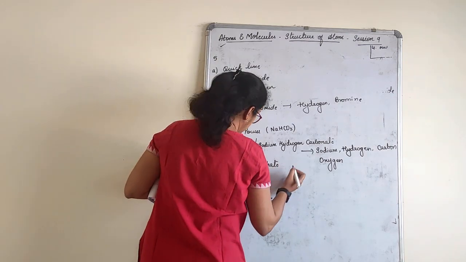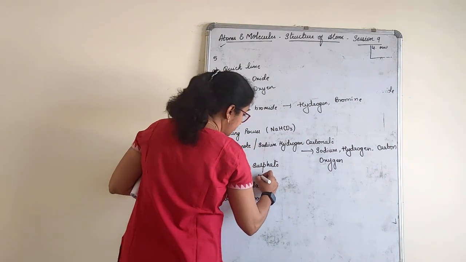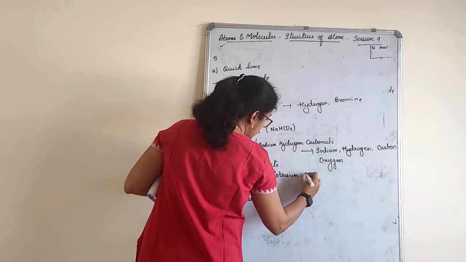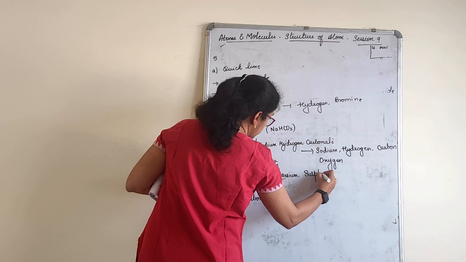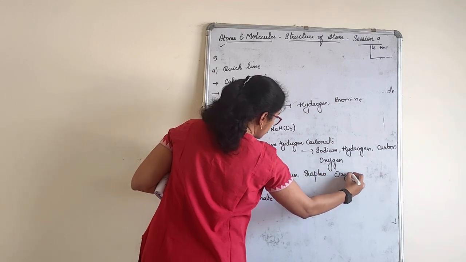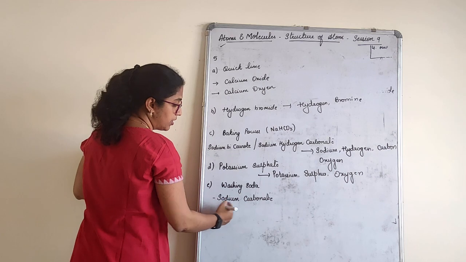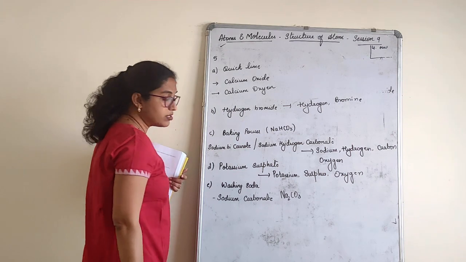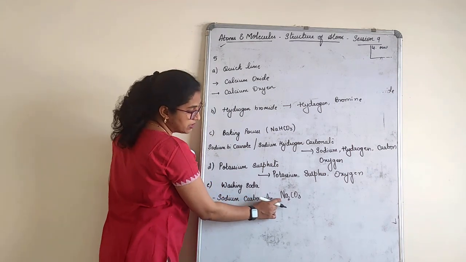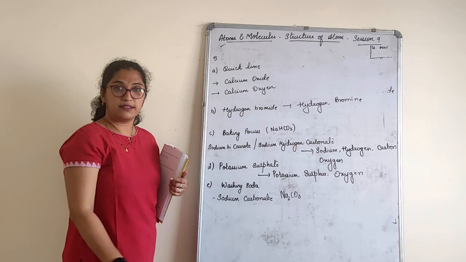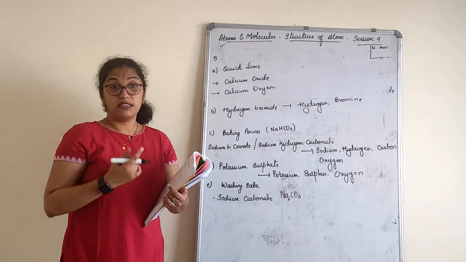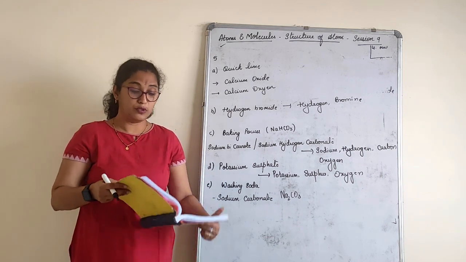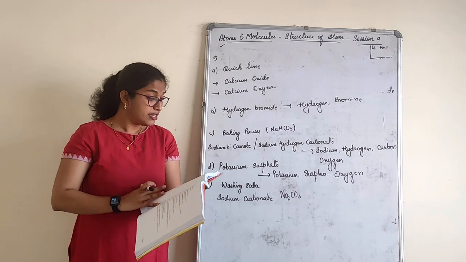Potassium sulfate. So potassium sulfate is K2SO4. So this is potassium, sulfur, oxygen. Washing soda, sodium carbonate, Na2CO3. What is present? You tell me. Sodium is present, carbon is present, oxygen is present. Very clear? Please write down this. Now, extra information what I have given here is about chemical name as well as common name, which you will have to know better. So, let's move to the next one.